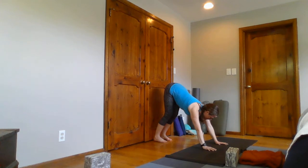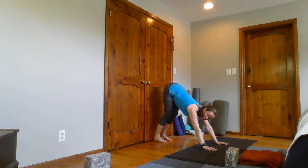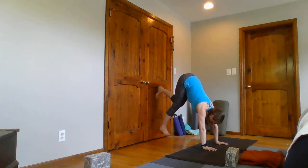Upper arm bones are rotating, your hips are lifting, okay? Now from here, we're just going to do the first part of this right now, and then we'll come back to it. Rotate upper arm bones and push from your lats. Now, right foot up to the wall, knee is bent, push into the wall, and just lift your left foot